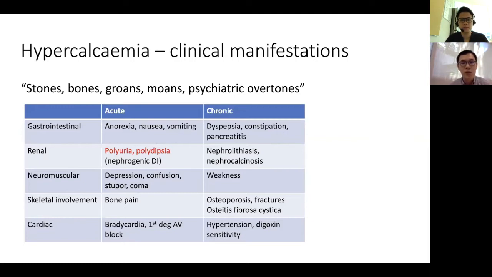Most of the time nowadays, we don't get the classic presentation whereby the calcium is very high and they have multiple areas of bone involvement plus the renal stones and everything, which is like the full suite of all the manifestations. And a lot of patients with hypercalcemia are sort of incidentally picked up because of screening for other things, or